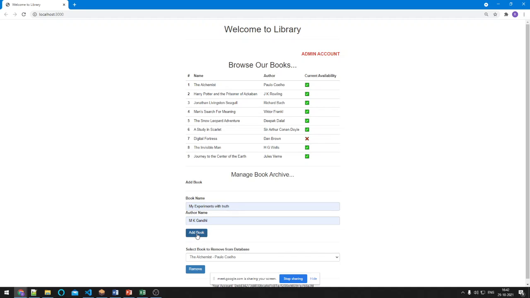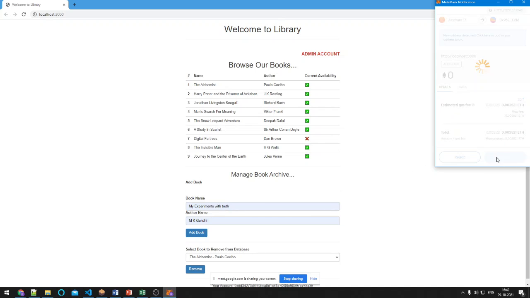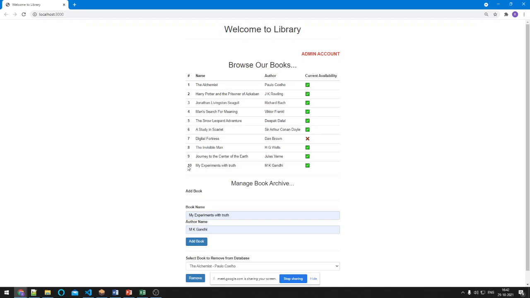So we click on add book. This is a runtime addition instead of the list of books added by the constructor. So during runtime we are adding the books. We are trying to make this application more practical friendly. Now the book is added and it is readily available for the other users.